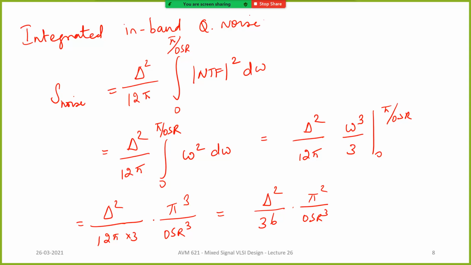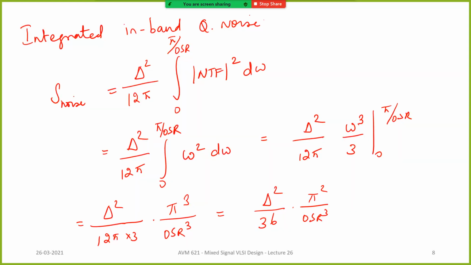Now, if you scale, what do we see here? By scaling OSR and having a first order delta sigma, what is the advantage going to be? Let us look at that. Roughly it turns out that you will have 9 dB per octave of scaling OSR. What is scaling of OSR? Let's say if you double the OSR, right, the improvement